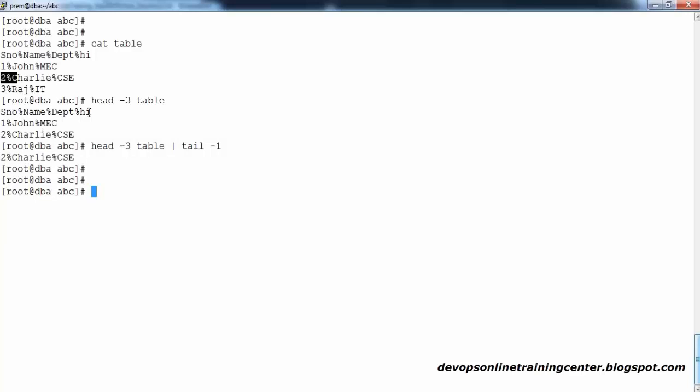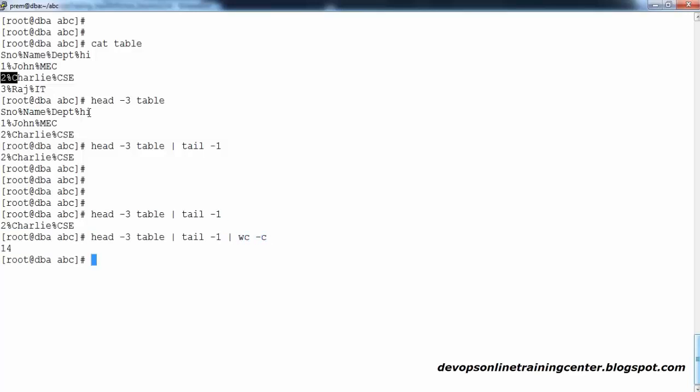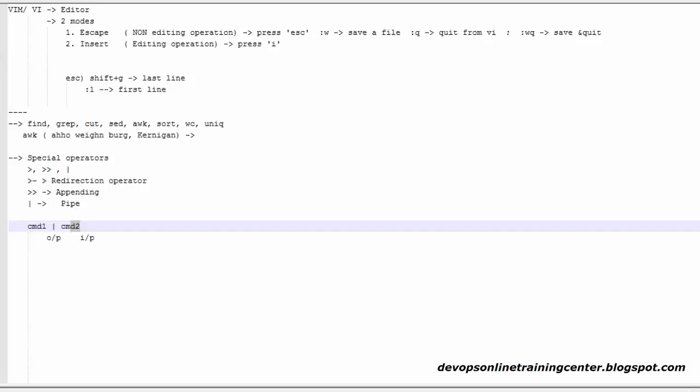Somebody may ask you: how many characters are there in the third line of this file? Listen to my question properly. I know how to fetch the third line. Now on top of it I can do wc -c. This will give you the number of characters. So pipe is not limited to one command to another command.